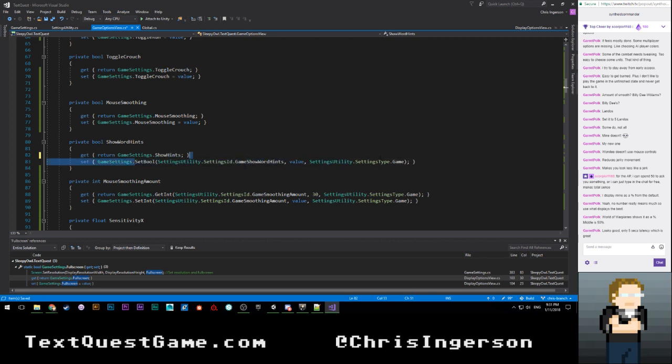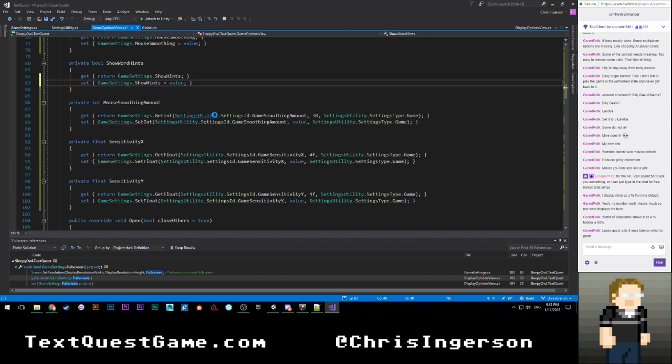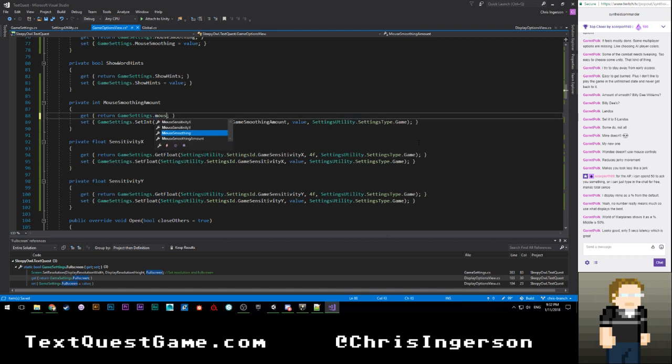Show hints is equal to value. Save that. Oh man, this will be so satisfying when we get to the end of this and it actually works. Or it'll be incredibly frustrating if it doesn't. Okay, so mouse smoothing